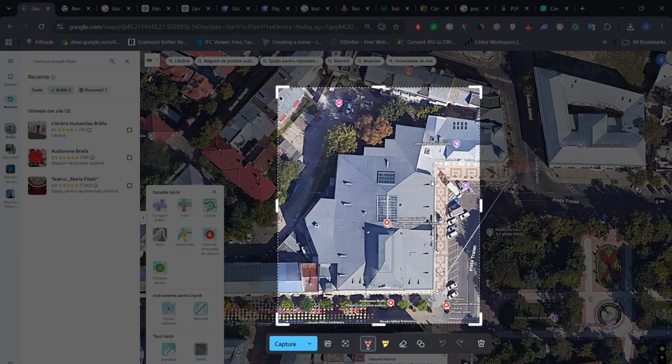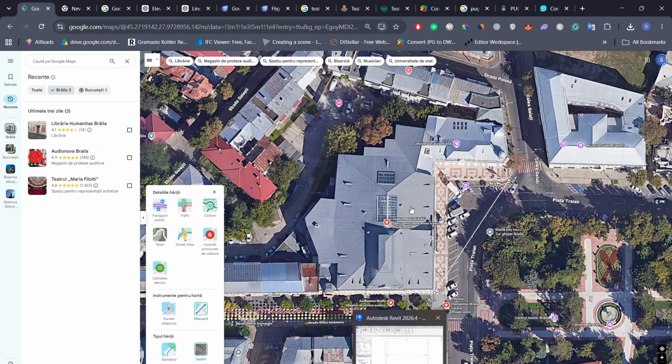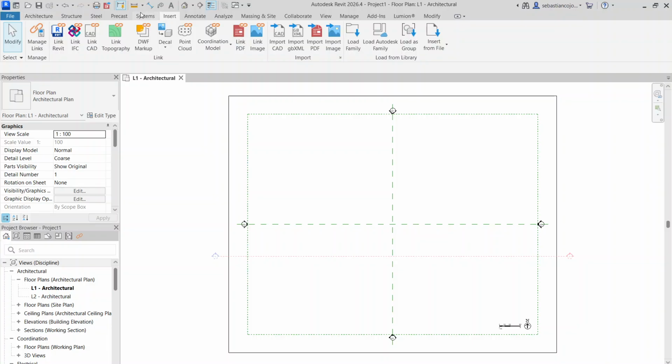So my contour actually is something like this. This is the whole contour of the building. This is the whole footprint. Yeah, I didn't draw very well, but this is the contour, and we're going to draw over that picture, but it will be scaled as we know the sides. Okay, and now we bring this